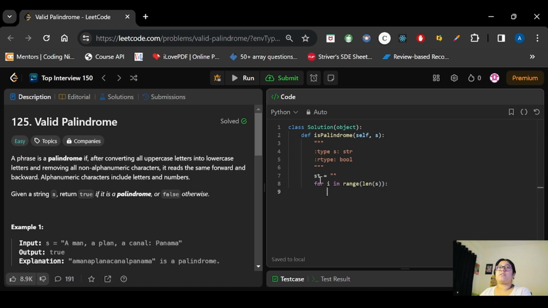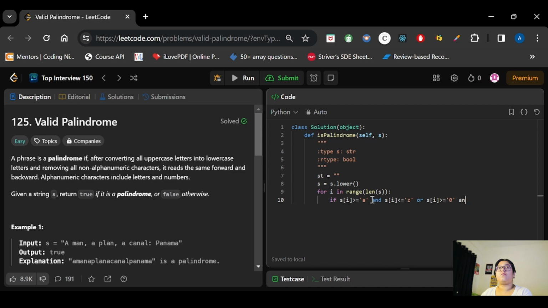Once we start the iteration, if the character s of i is greater than or equal to a, let's convert that into lowercase first, so s is equal to s dot lower, and s of i is less than or equal to z, or s of i is greater than or equal to 0, then we will add the value to our string.